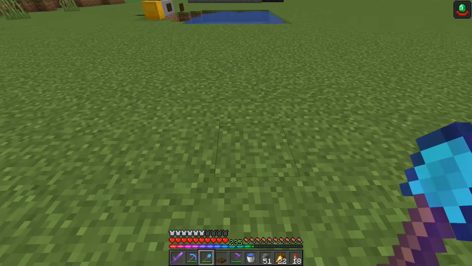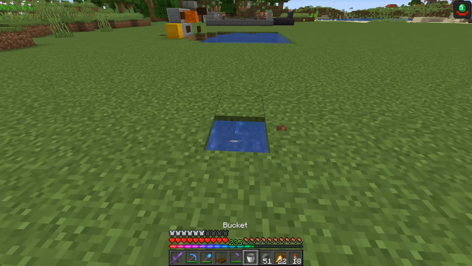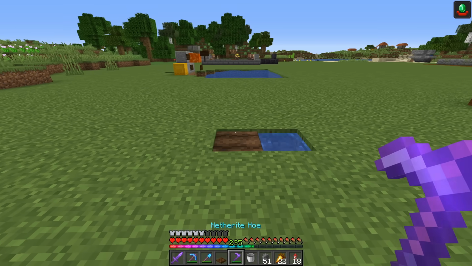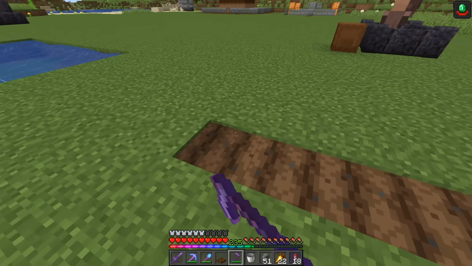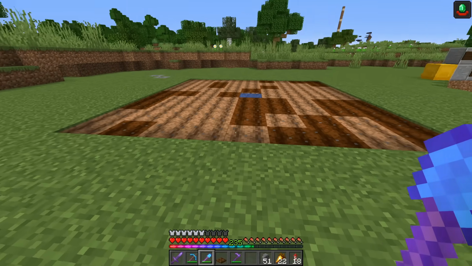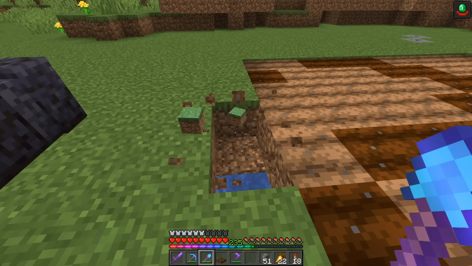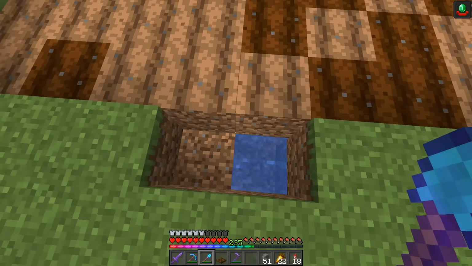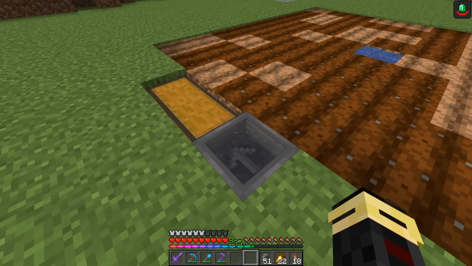Okay, so the first thing you're going to do is, per usual, find the center of your farm, place down a water source, and then till out 4 blocks each direction, making yourself a nice little 9x9 crop area. Okay, once you have your little crop area done and complete, you're going to come in line with the middle here, and dig out 2 blocks like so. Make that 3 blocks, actually, and this is where your double chest is going to go with your hopper running